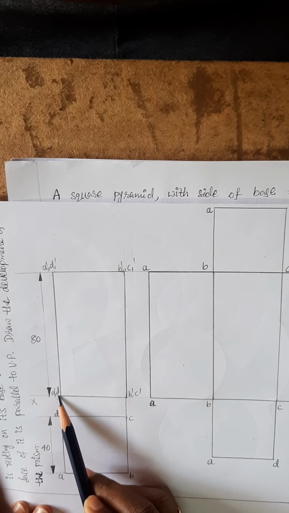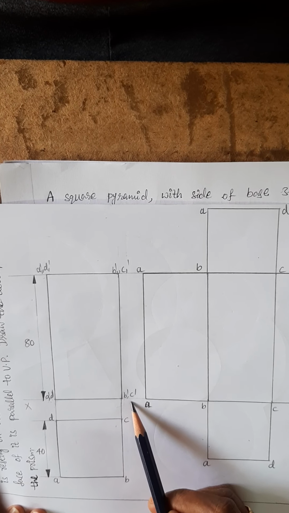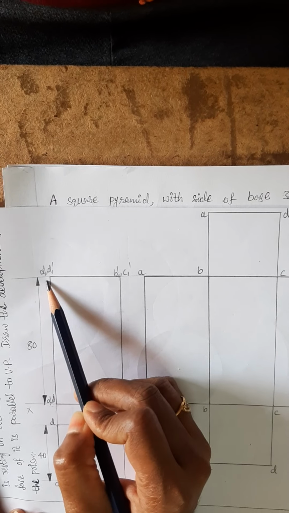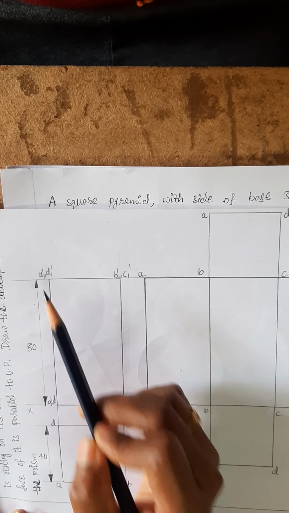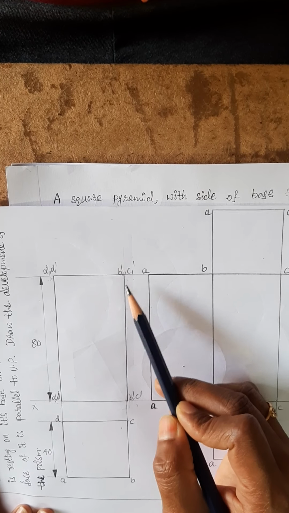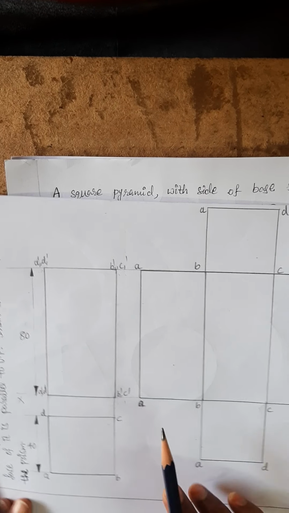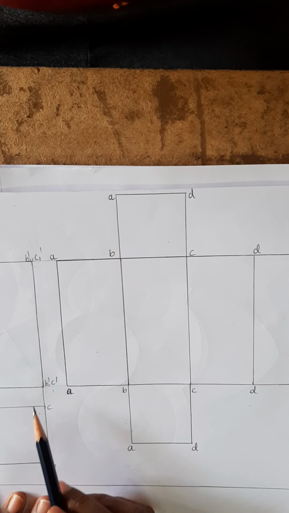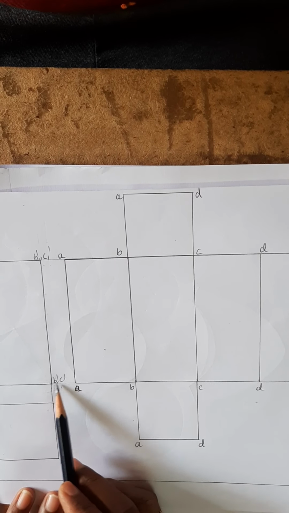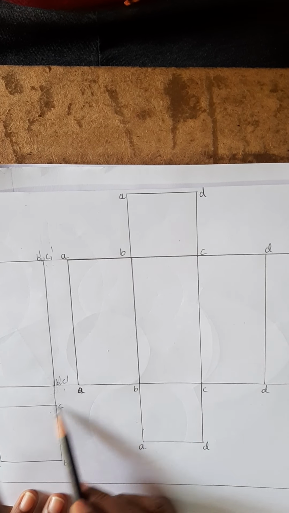Notations are A prime, D prime, B prime, C prime, and on the top base A1 prime, D1 prime, B1 prime, C1 prime. This is the front and top view of the square prism. Then to develop the square prism,